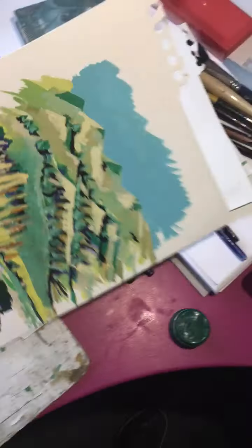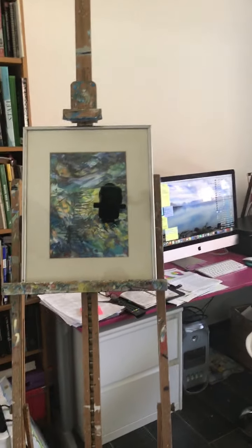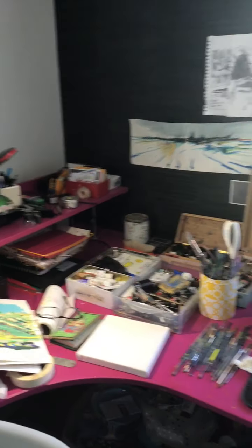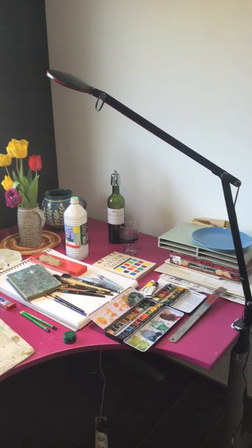But anyway, that's not what I want to show you. What I want to show you is my studio. Now, I don't have a big studio. It's just a normal size room. As you can see, it's got a window. I've got an easel. I've got my computer, which I find useful, and a printing machine there. I've got all these things available to me. It's obviously not as crowded as this on my table. Anyway, what you'll need,